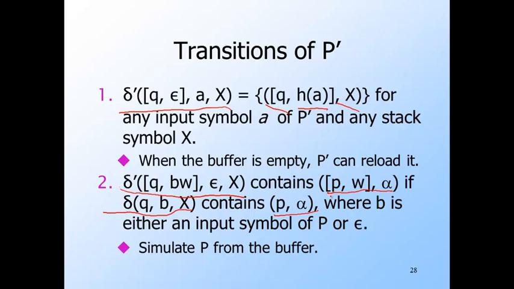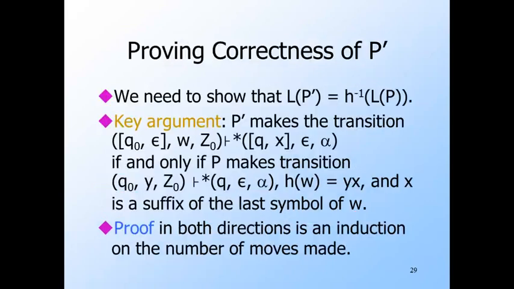That is, b is consumed from the front of the buffer, the state of P changes according to the given choice of P's move,